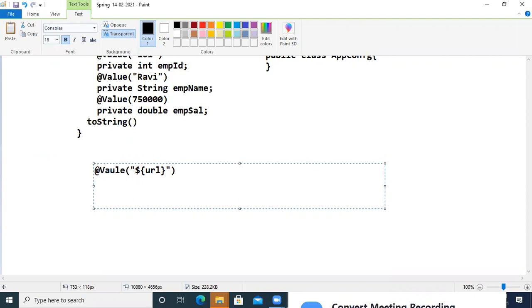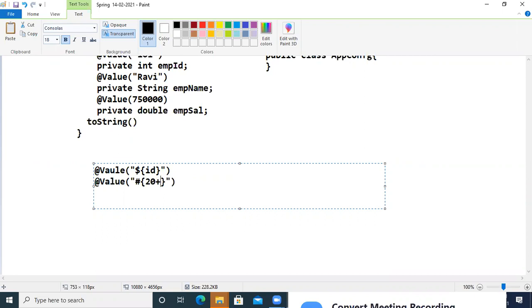If we want to read the emp id, we will take just the id, right? To read emp id again, we will use the dollar symbol with open and close brackets. Now, if we want to use a value inside that, like salary, when we don't want to read it from the properties, and we want to hard code it, like adding values, then we will use the hash symbol, and inside the hash symbol, open bracket and close bracket.